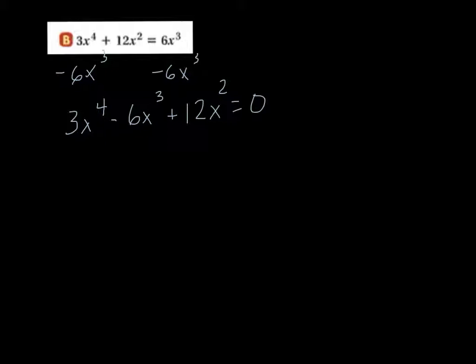Again, we're going to take out a GCF. This time it's 3x squared. When you take out that GCF, you've got x squared minus 2x plus